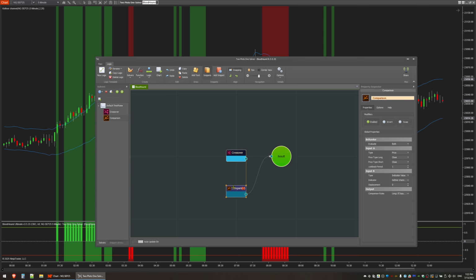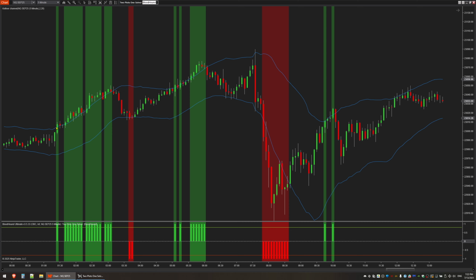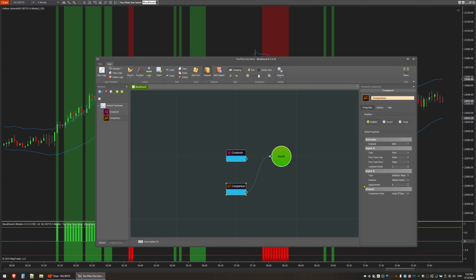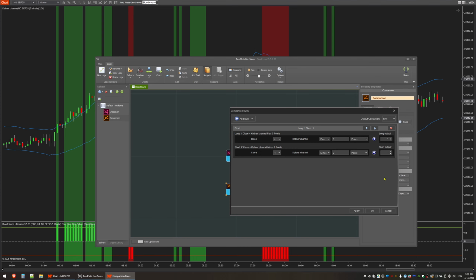because the comparison solver is saying, give me a signal on every single bar in which the condition is met, meaning price is above the upper line or below the lower line. So we're getting that, but it's doing it on every single bar regardless, rather than just the crossover point. But now that we've set the stage, we can go into the output rules on the comparison solver and say,